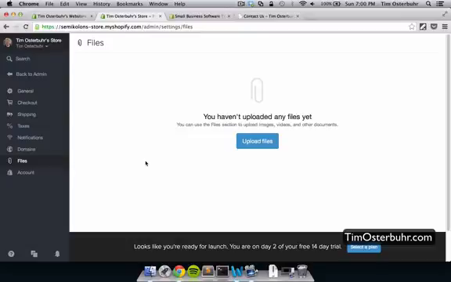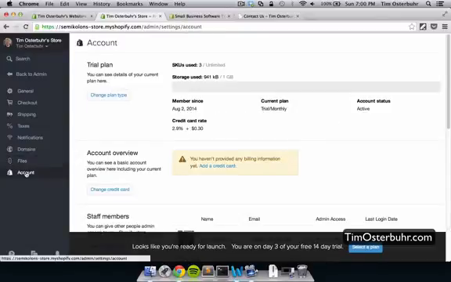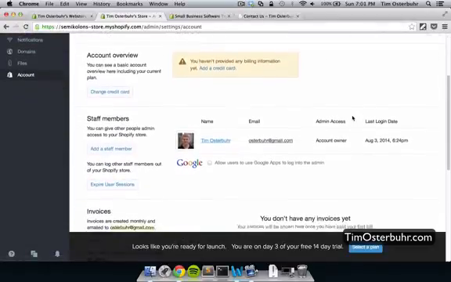The last entry is the account, and here you can change the plan type if you run out of storage or you decide, oh, I want to change from the starter plan to the professional or the unlimited plan. You can do this on this side. You can also add additional members